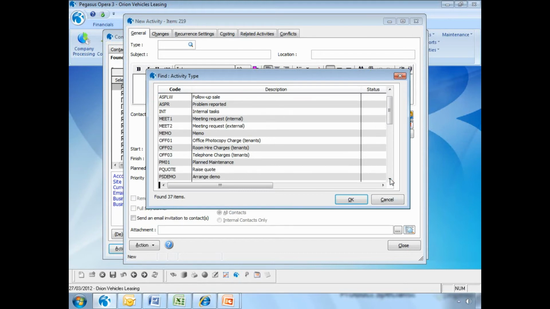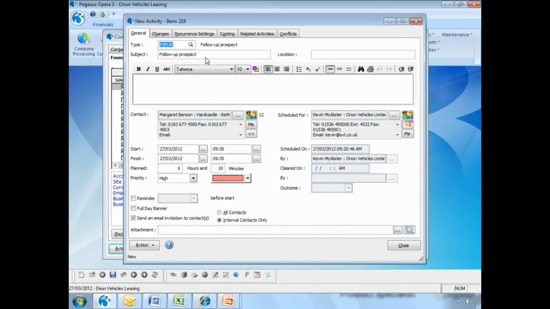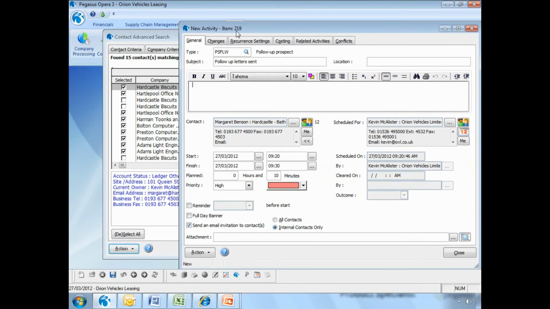So I'm going to pick a general activity type and we're going to call this, let's say, follow-up prospect. I'm going to overtype the subject to be, let's say, follow-up letters sent. Of course, we can add in any other information within here as well. But what I want to do is make sure that I follow up every one of these letters that I've